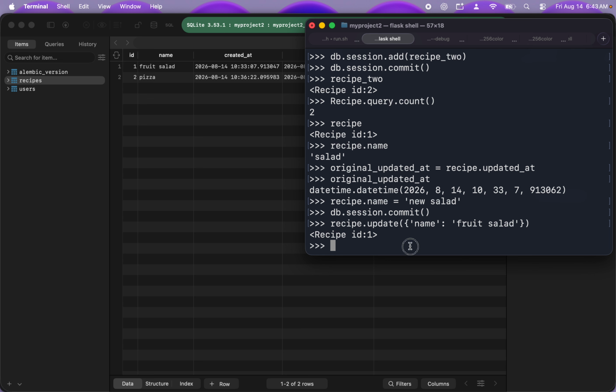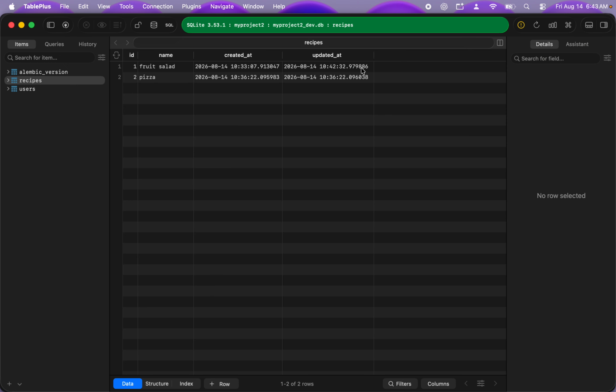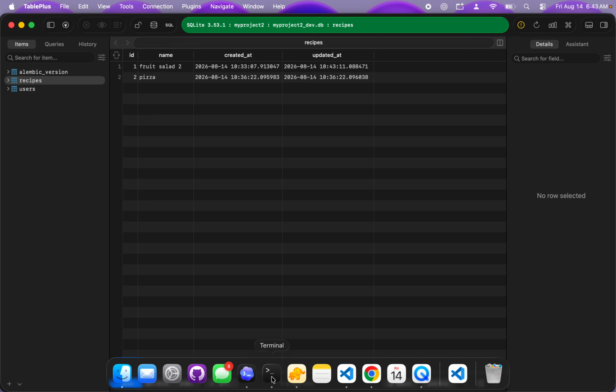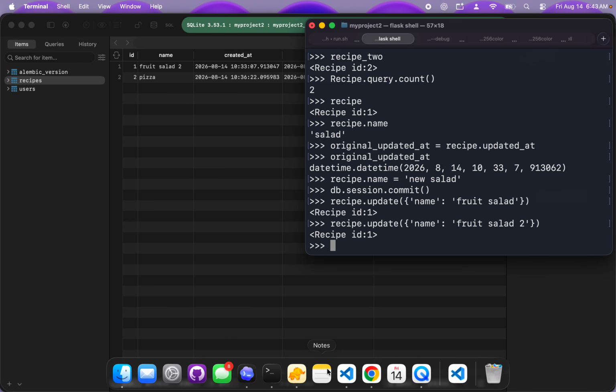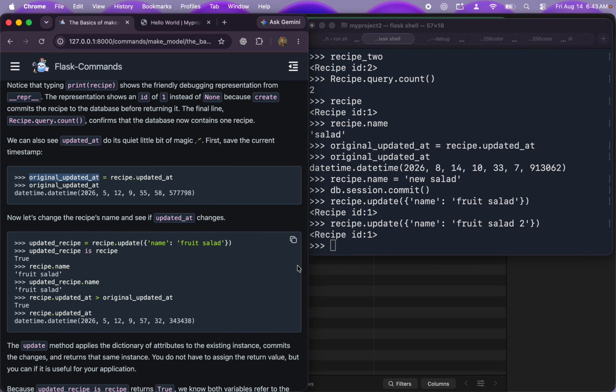value in here. So if I change this and put 2 in here and hit return, then if I watch this ending in 886, refresh it, there you go. So now you're seeing that updated change. And so we saw it in the database, and we can see it in code because we now have